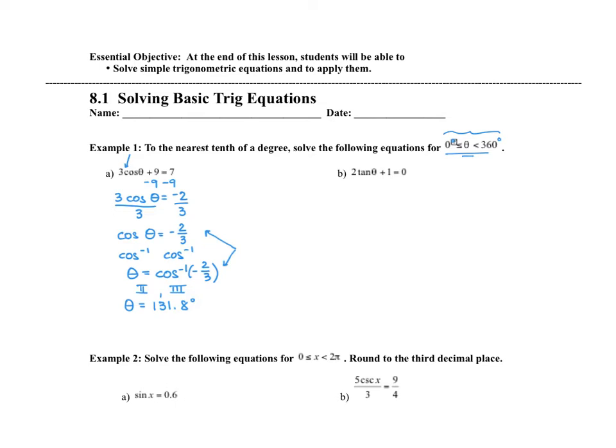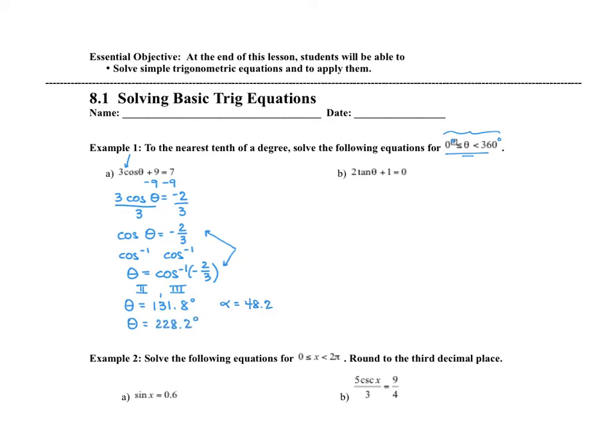So from here, we need to find out what alpha is so that we can find out what the angle is in quadrant 3. So if theta is 131.8 degrees, alpha is going to be 48.2 degrees. So if I add that now to 180 degrees, I find out that the angle measure that I'm looking for in quadrant 3 is